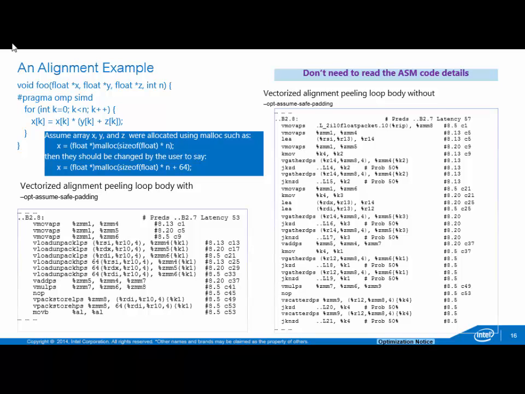Since we don't know the size of n, the compiler basically has to generate masks together. This is K register masking, K is masking. As I mentioned before, for safety reasons, because we don't want to get a segmentation fault, the compiler has to generate a gather instruction. This gather instruction is generated not because you load the data from different locations. In this case, we know the data is in the same location, but we don't know if it's safe for the last iteration to load those data, right? That's why we generate the mask, the gather, and the scatter instruction,